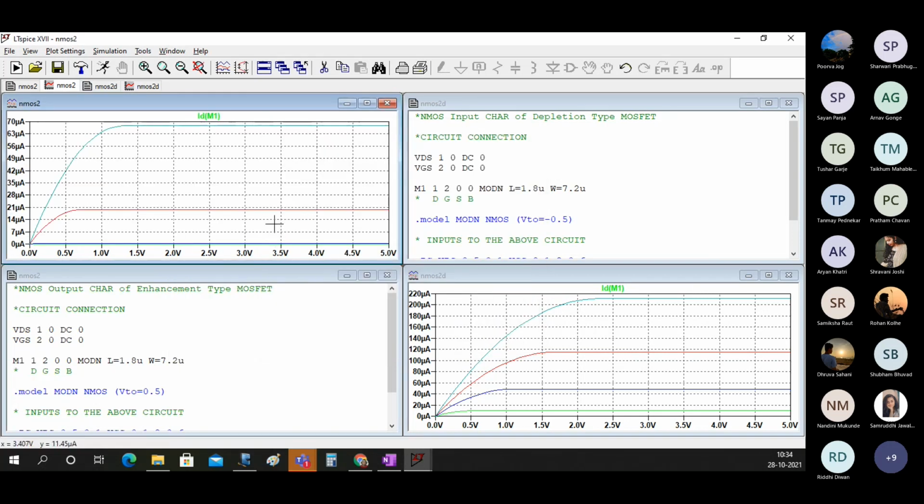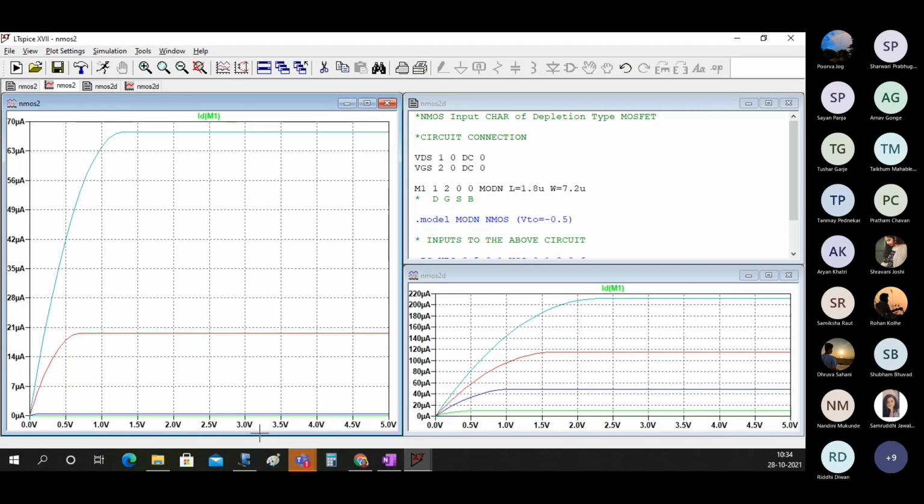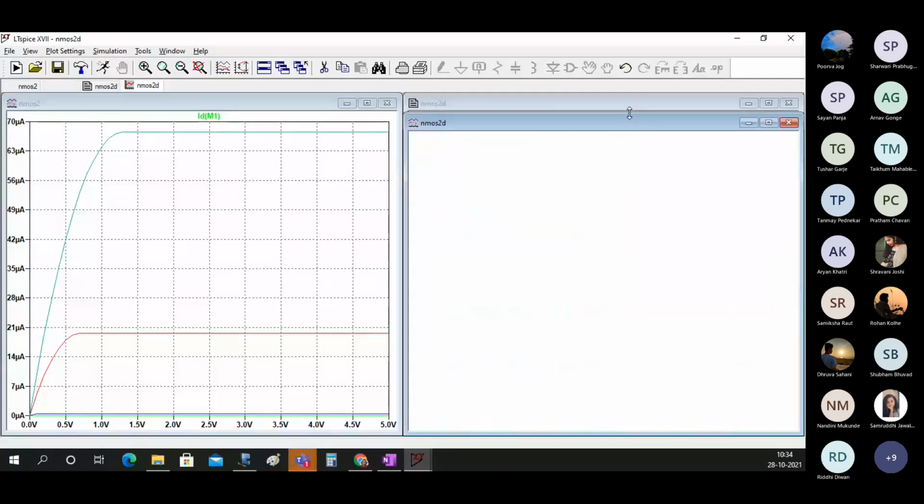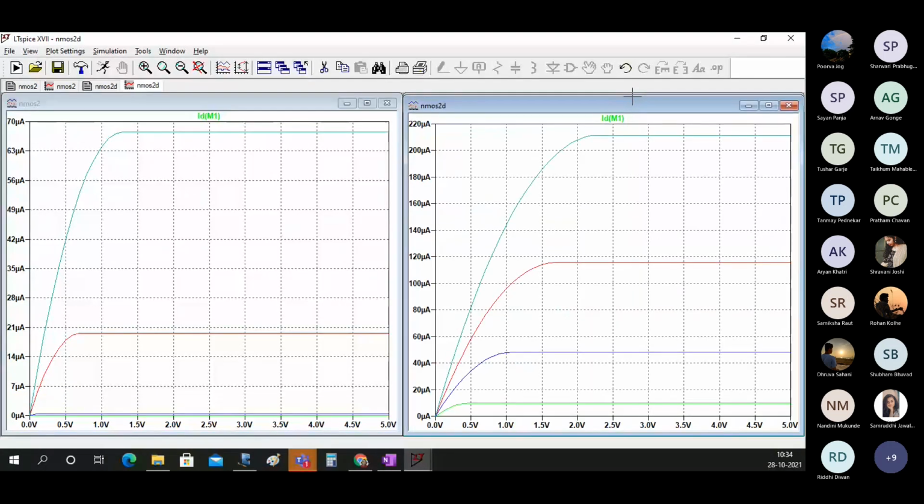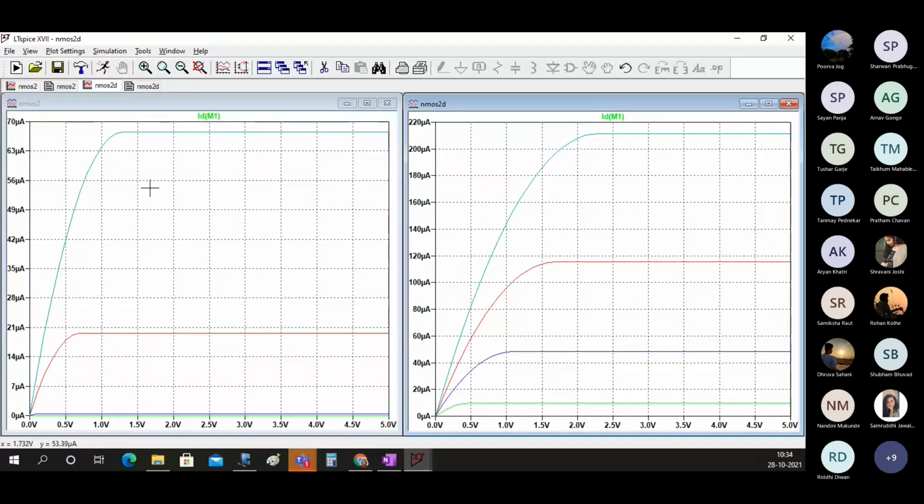So I want you to observe these two characteristics. First and foremost, if you look at both these characteristics, this NMOS2 is the output characteristics of enhancement type, and so let me just put it in the editor.